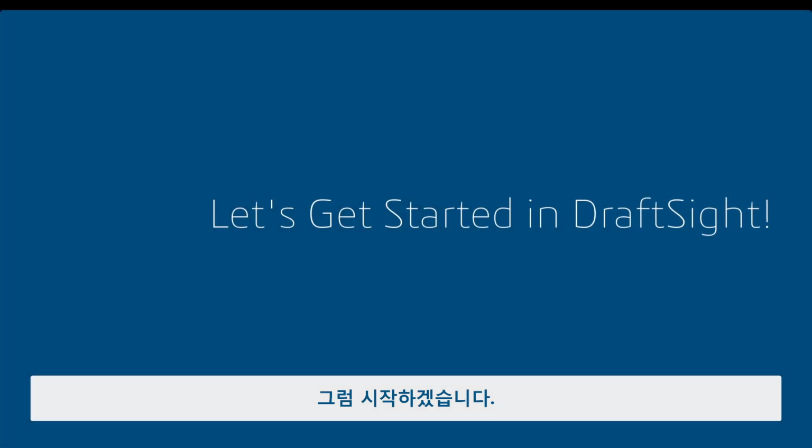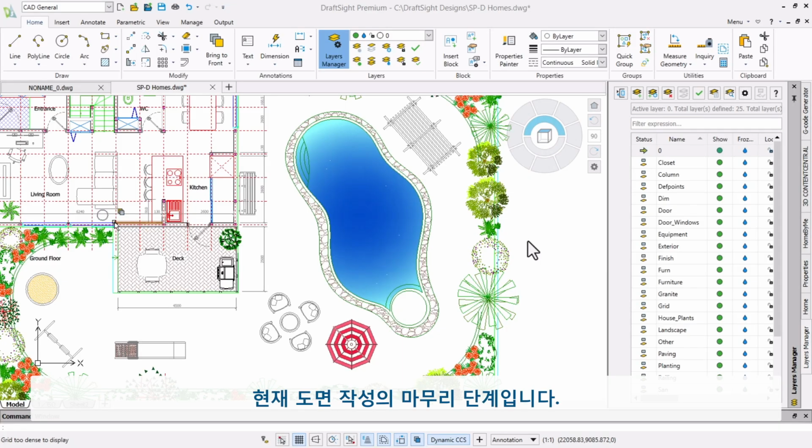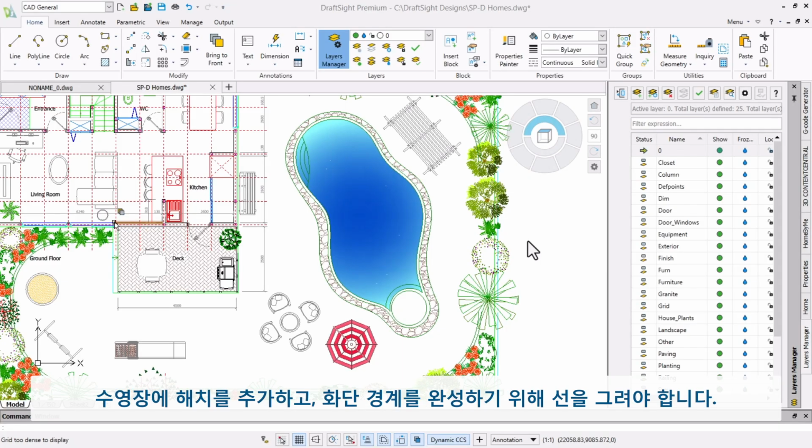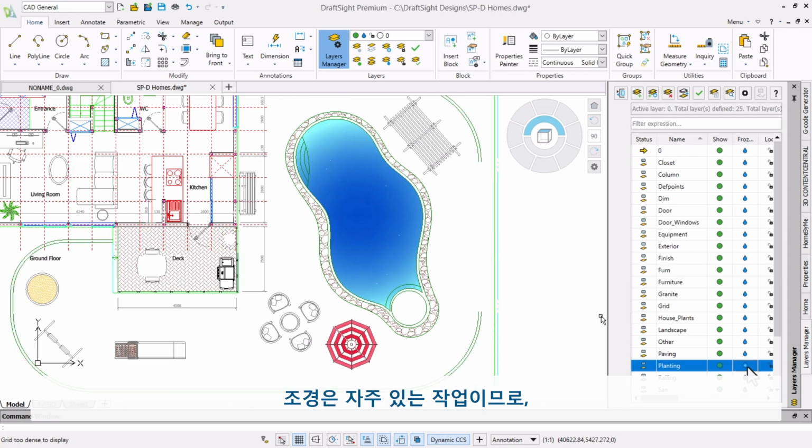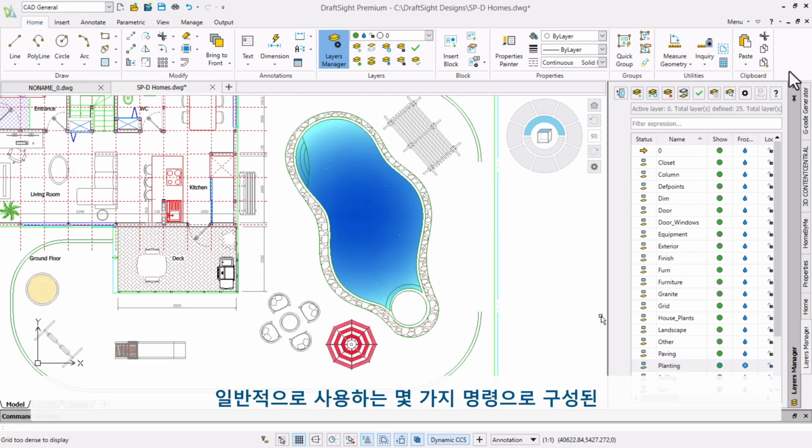So, let's get started. We are currently completing a design and need to add some hatch to a pool. Then, draw some lines to complete the planting border. We will start by freezing the planting layer to better see the border. Landscaping is a common task, so we will create a custom palette with a few commands that we use on